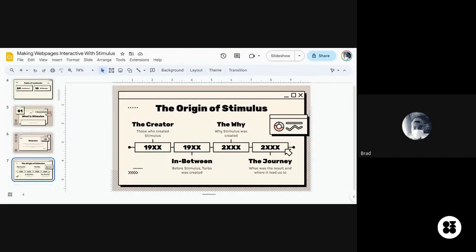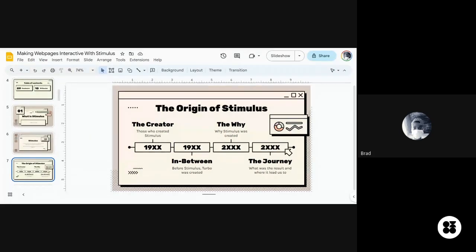So that's what the developers at Basecamp had in mind. They wanted to give their users the feel of a single page application. We said, okay, we created Turbo, but Turbo didn't really achieve what we wanted it to achieve. But Stimulus is built on top of Turbo, so that we don't just disregard Turbo. It was not really giving them what they wanted, or taking them to where they wanted to get to. So they gave us a new solution and a new problem.